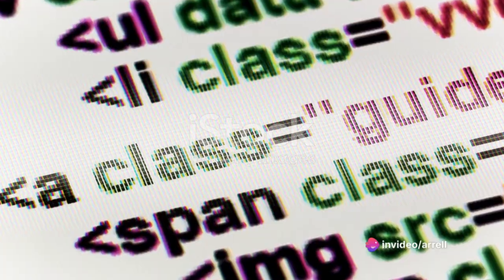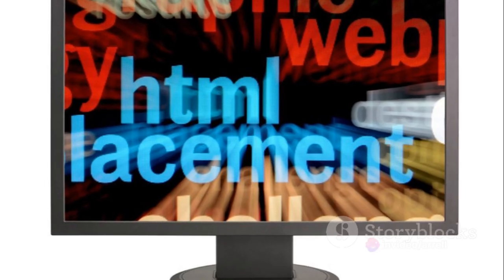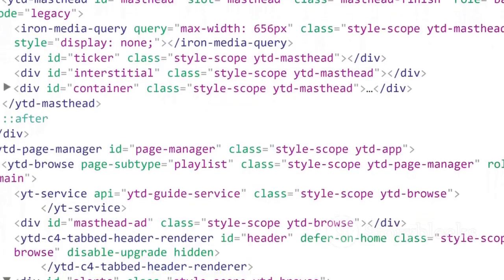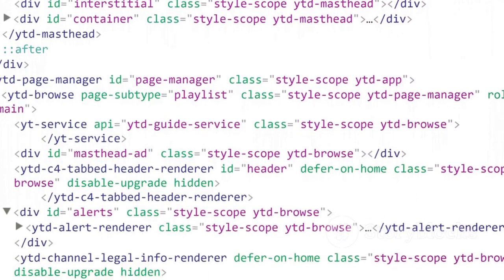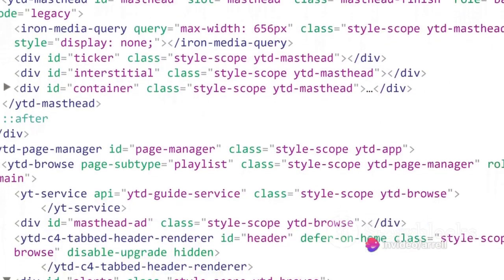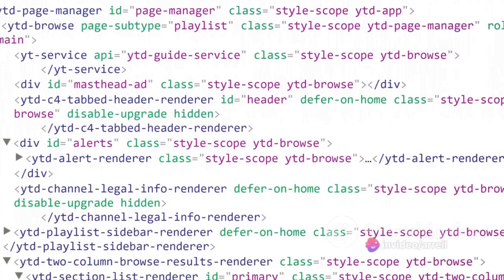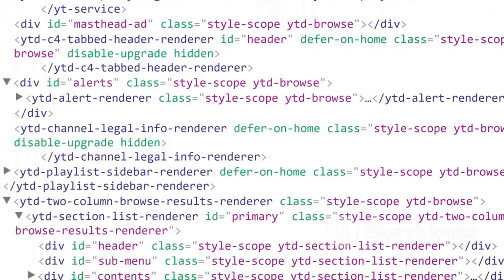Imagine tags as the scaffolding around a building, providing a framework for your content. Each tag begins with a less than sign, followed by the tag name, and ends with a greater than sign. For instance, an opening body tag would look like this: tags with a head section for metadata and a body section for the content. Now that we've covered the basics, we can move on to the exciting part, creating our